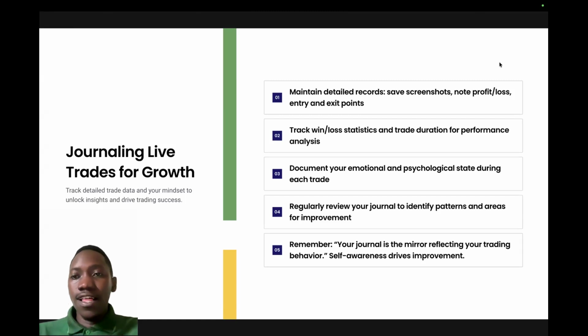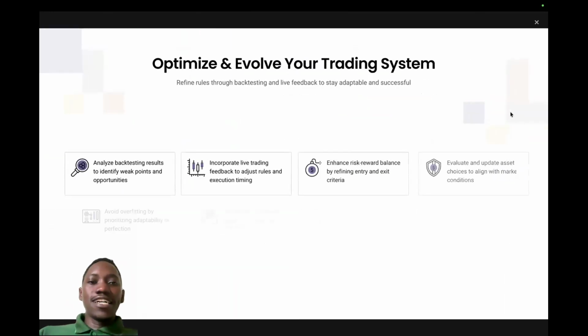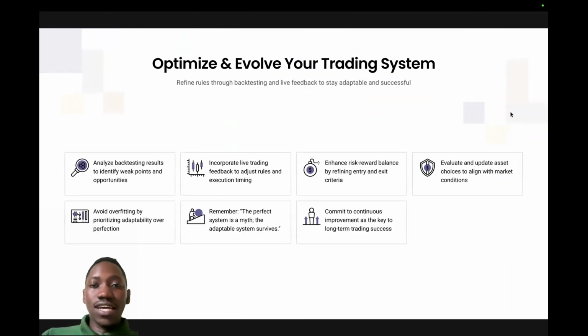So then, of course, when you optimize, all these I've shared with you is to optimize and evolve your trading system. You can even go through a series of improving it, getting new rules that you have studied, and reviewed your journal and realized, this is how I am. So to mitigate this behavior of me, I need to do this. Then that becomes a rule. All that together is what we call a trading playbook.